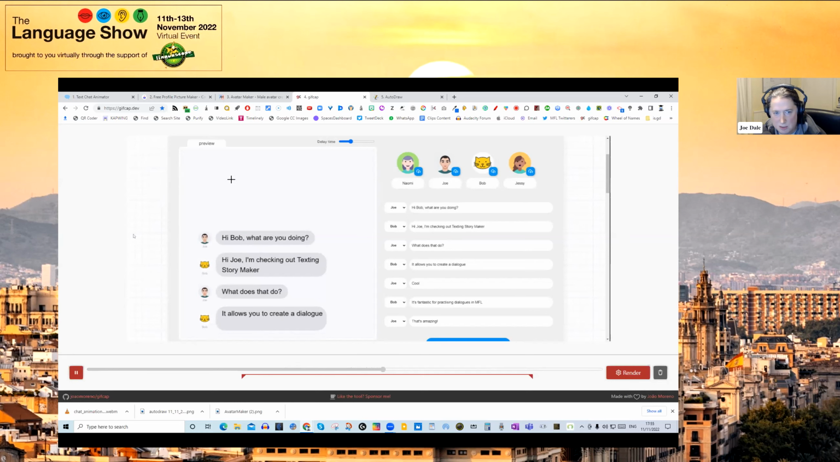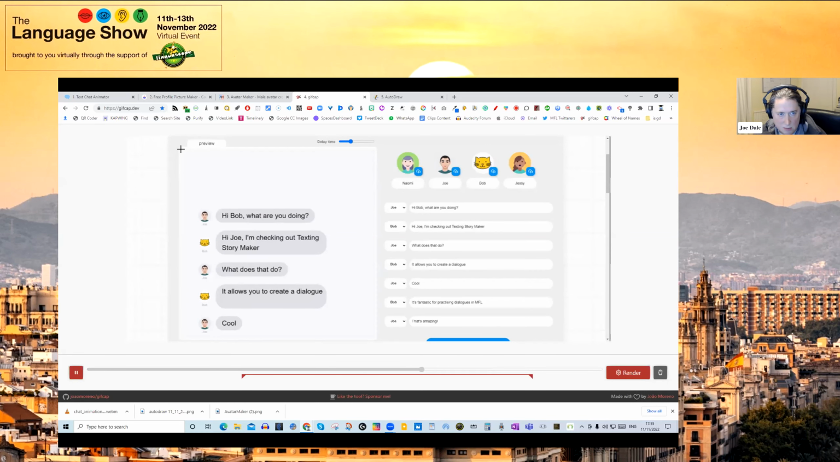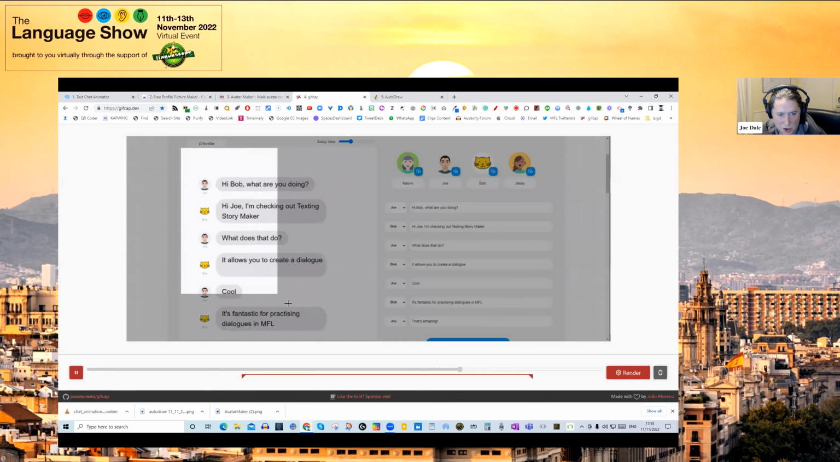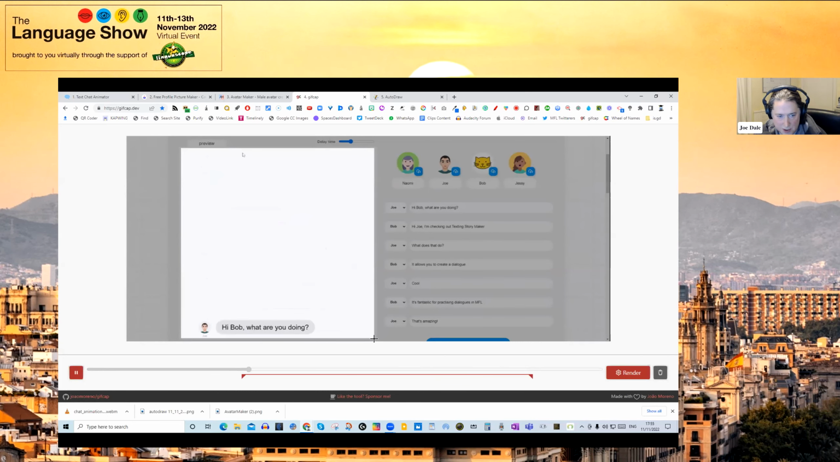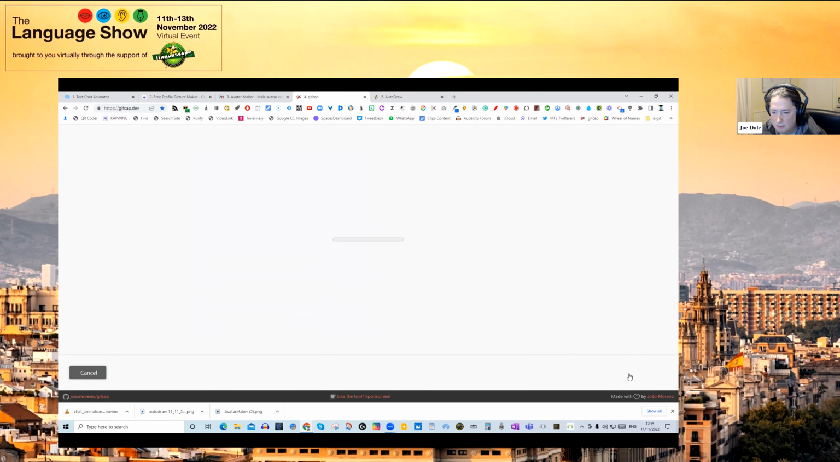And then what you can do, you can see my cursor across. So I can move the cursor there, and then I can just drag over this section. So I just get the bit that I want, like that. And now when I click render, what will happen is it will turn what I've done